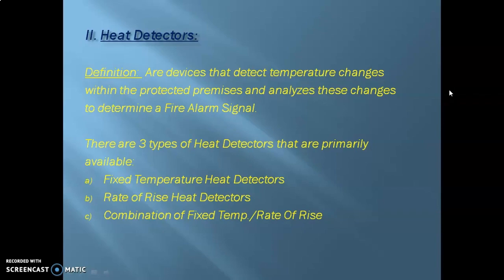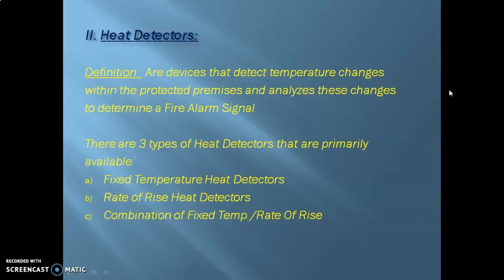As the definition suggests, these are devices that detect the temperature changes that take place within the protected premises and then analyze these changes to determine whether a fire alarm signal exists and then send the signal to the FACP for the appropriate response. Now, there are basically three types of heat detectors that are primarily available and commonly used in fire alarm systems.